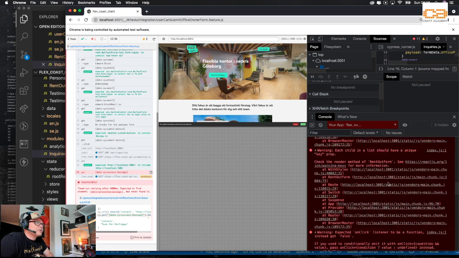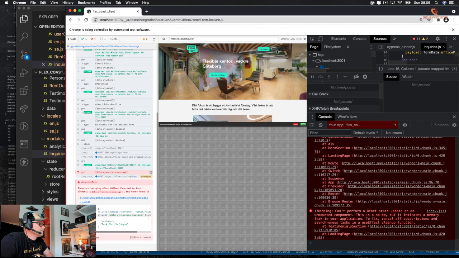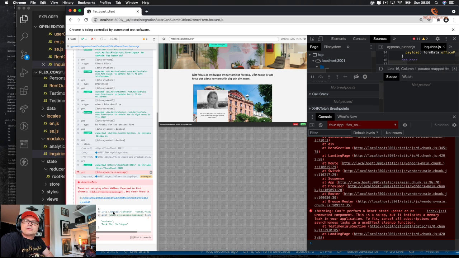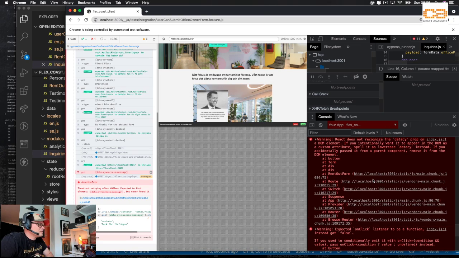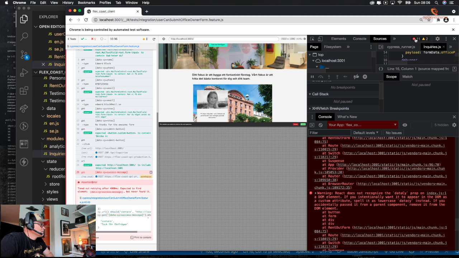And so I need to get rid of that, of course, before we merge this. It's a lot of red, I know. Apparently it's not so red that it's breaking anything, but still 11 errors is 11 errors. That's a significant amount.